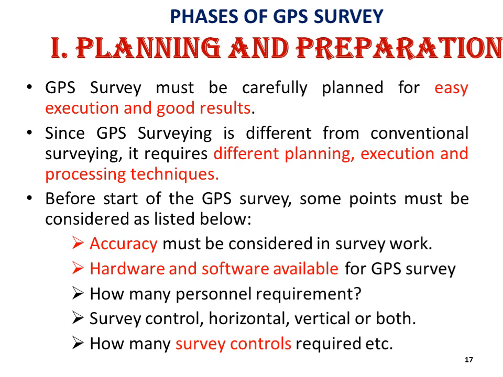Horizontal means how much distance you can measure from one point to another point, horizontal measurement. Vertical measurement means, if you want to calculate the elevation or reduced level, how it can be done. That is vertical control, how it can be achieved. And how many survey controls are required, etc. Like how many station points have to be marked, it depends upon the accuracy, right? So these points have to be kept in your mind to take up the GPS survey method.